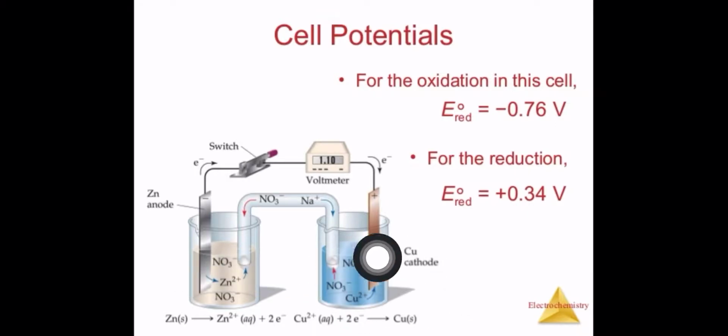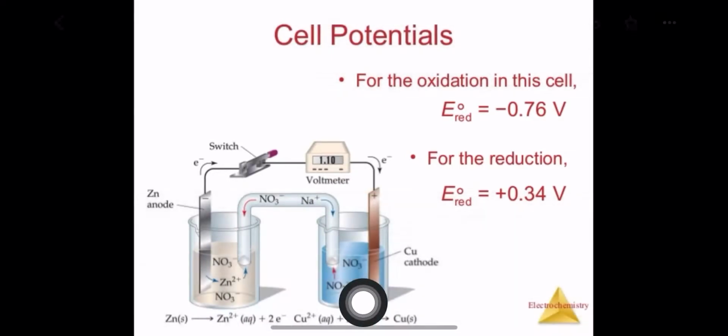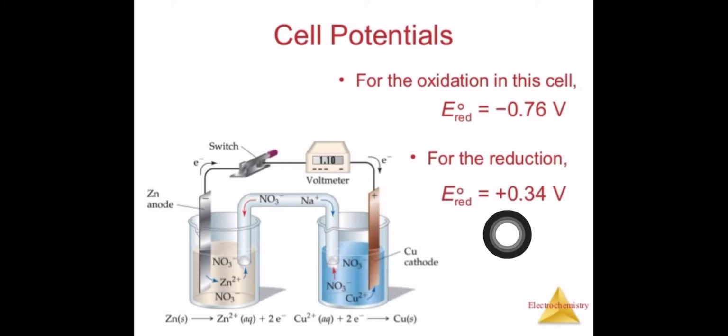Okay, so in this way we can write down for oxidation. In oxidation, what will happen? Loss of electron. So where is the loss of electron for us? It is over here, that is Zn loses, right? And so its value is negative, minus 0.76 volt, and over here Cu is gaining, right? When Cu is gaining, its value is more than 0, as I told you to remember. So that value is